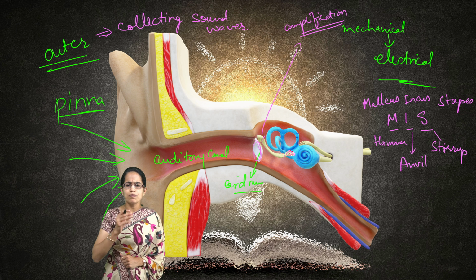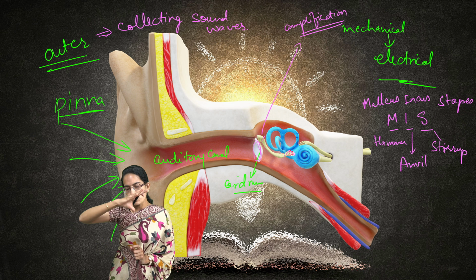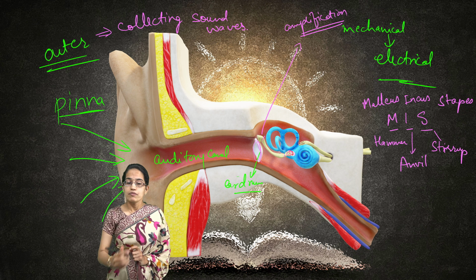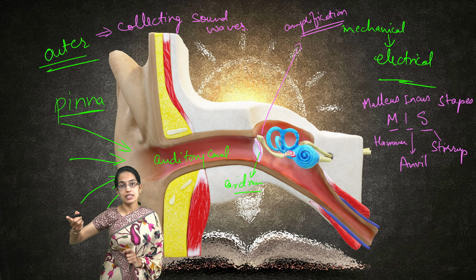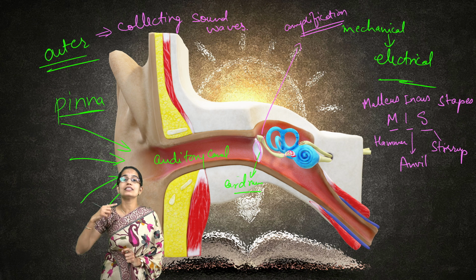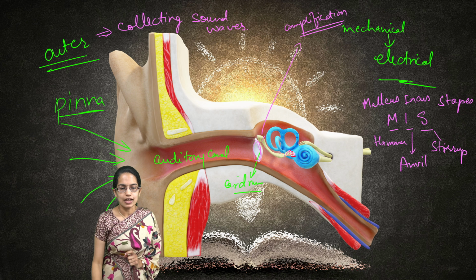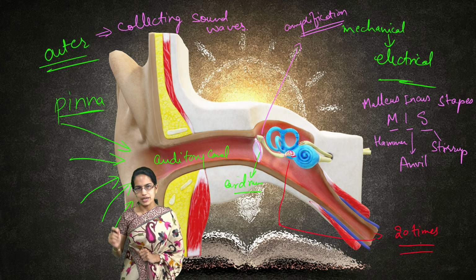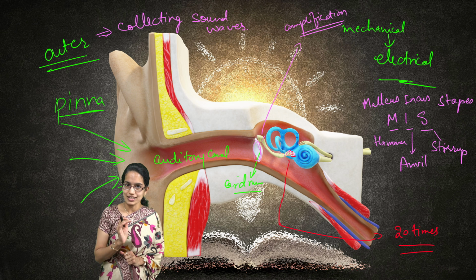This stirrup is many times smaller as compared to the eardrum. So, the sound waves that are moving through would be going through a very small channel when they are touching the stirrup or the stapes, and therefore amplification happens, and this increases the pressure of the sound. How many times? Yes, it is 20 times. So, the pressure of the sound increases by nearly 20 times as it crosses the middle ear. As soon as it crosses the middle ear, the journey for the inner ear begins.